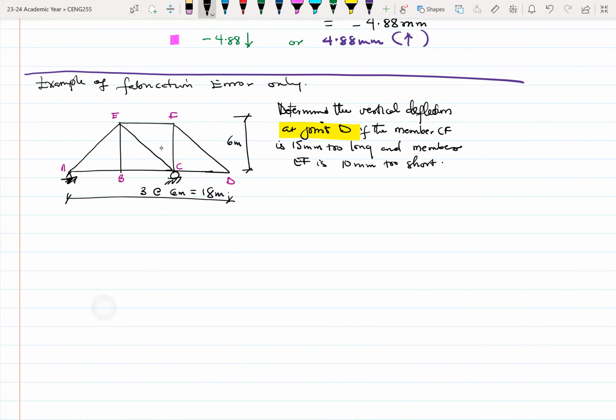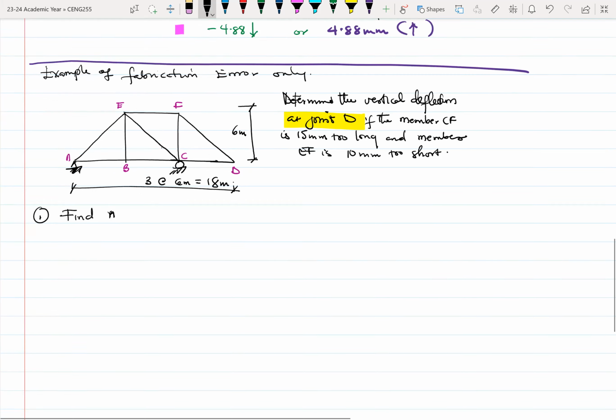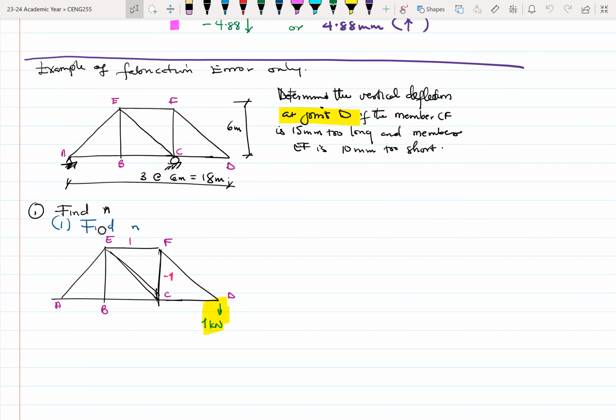So again, step one. I mean, step one and step two can always be interchanged, right? So step one, let's say find n. All right. So how do we find n? We take a section, and then we find the